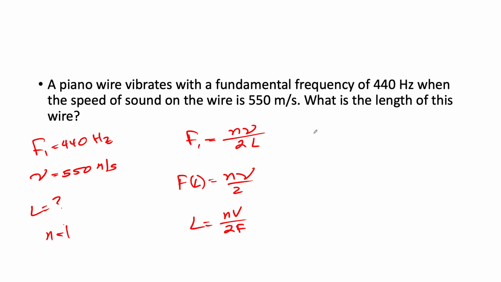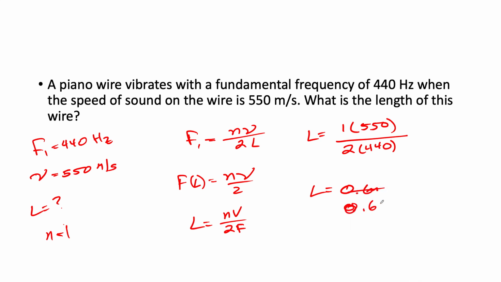So let's put the numbers in. Length is equal to 1 times the velocity, which is 550, divided by 2 times the frequency, which is 440 hertz. So the speed must be in meters per second, and the frequency needs to be in hertz. So the length is going to be 1 times 550 is 550, divided by 2 times 440, which is 880. And we're going to get a length that is going to be 0.625 meters,